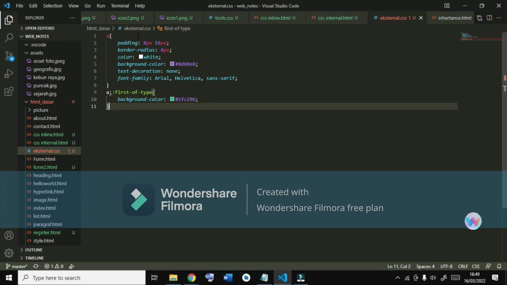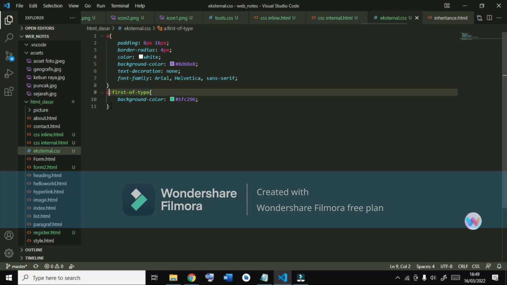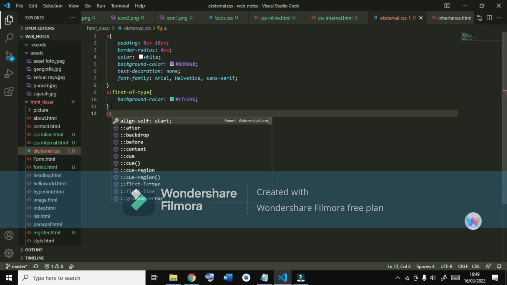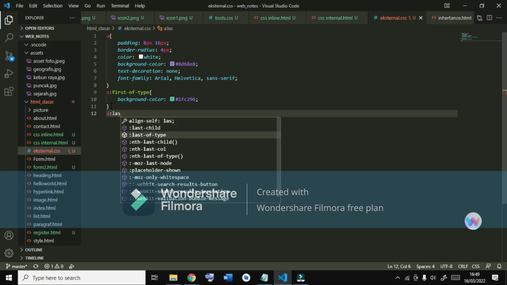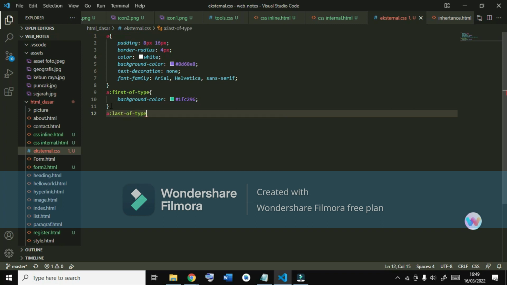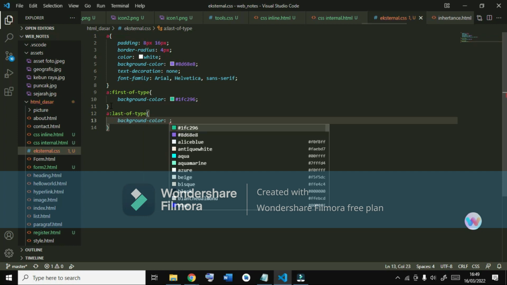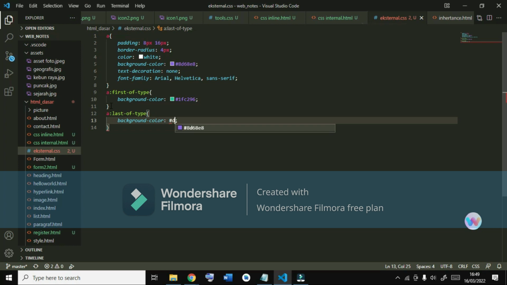We also add a hover background color, for example 5A.